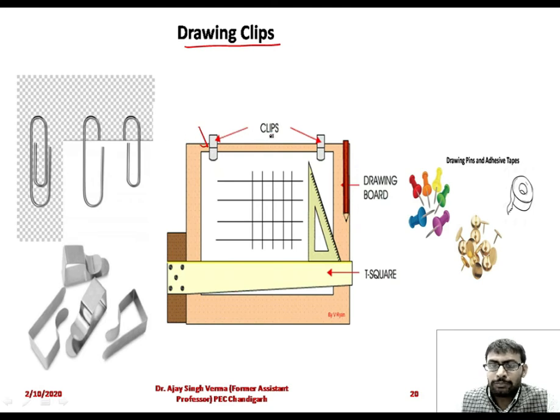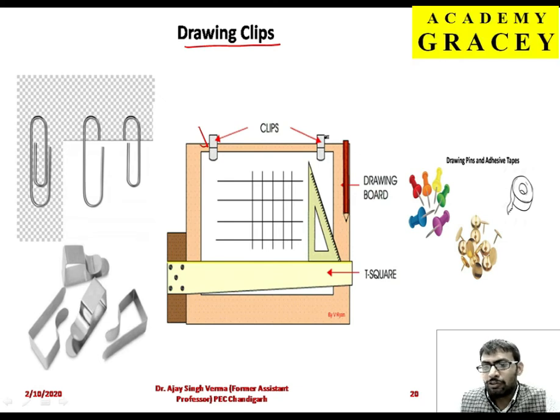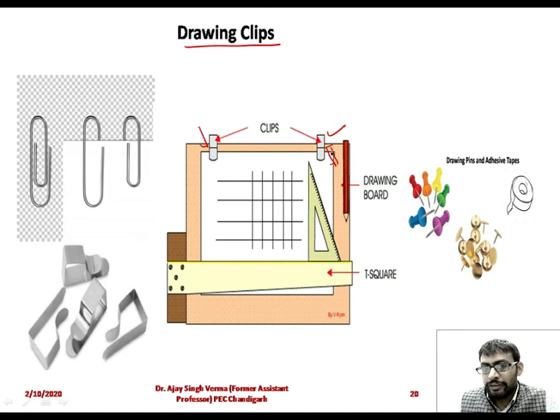So these are some accessories that you have to purchase to fix your sheet or avoid the tearing of the sheet. We will go for the clips. When we go for the sellotapes, when we remove the sellotape, the surface of the sheet will be deformed. So it is not recommended that the sellotape is used, but we recommend that the clips are the best option to fix our sheets.